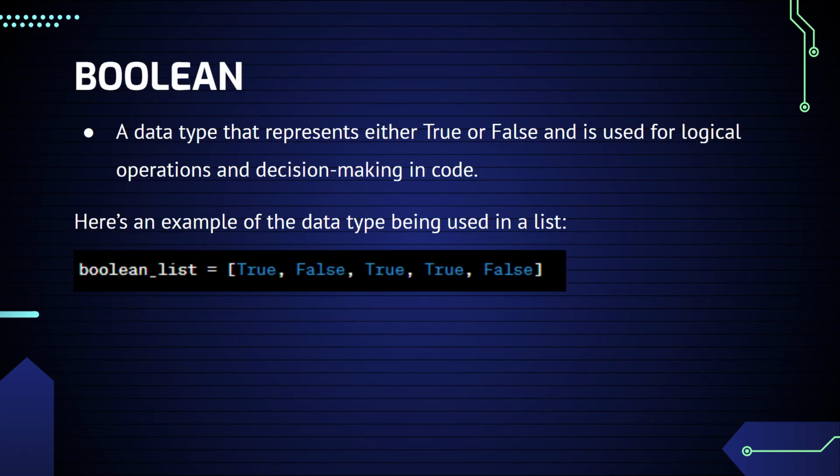Finally, we have a Boolean, which is a data type that represents either true or false, and it's commonly used for logical operations and decision making in code. Here's an example of the data type being used in a list. We have a list called Boolean list, and inside that list, we have 5 different Booleans: true, false, true, true,